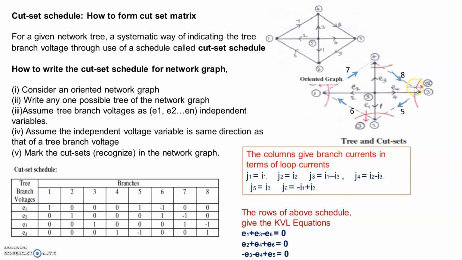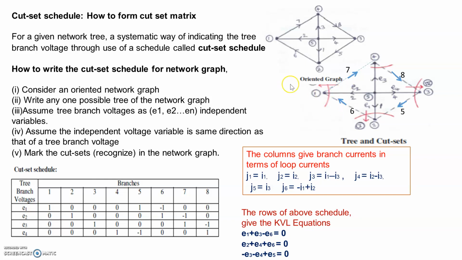Now I will explain the significance of this red color arrow mark, here, here and here. They are shown outside in the sense that the current in the tree branch connected to this node is entering. So here also E3 entering, E4 entering, E2 entering, E1 entering. That gives me a reference direction while filling the elements of the matrix.